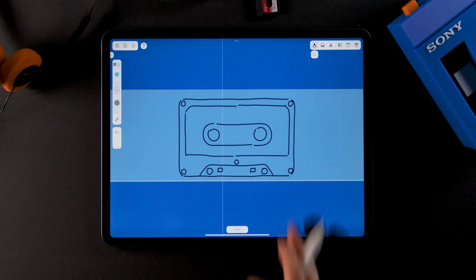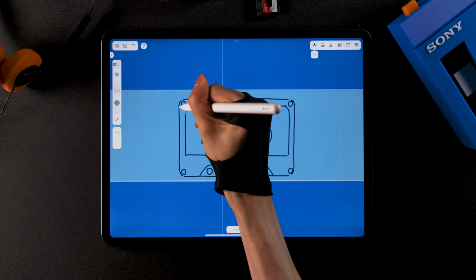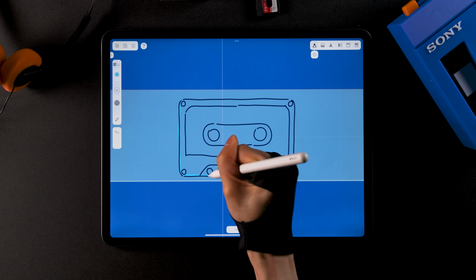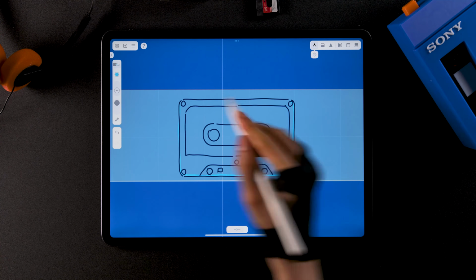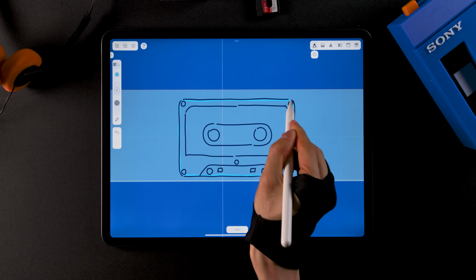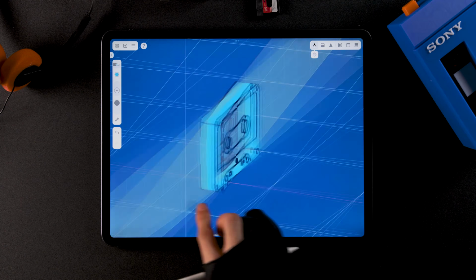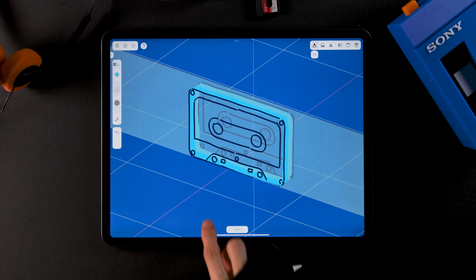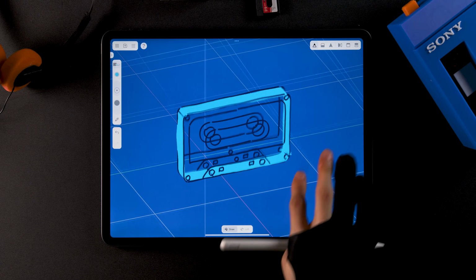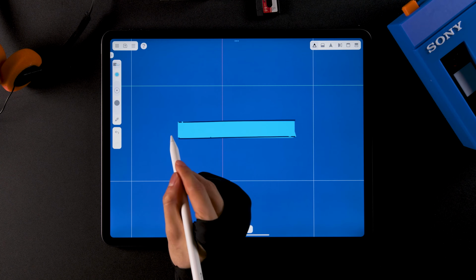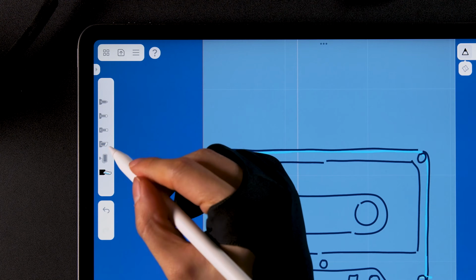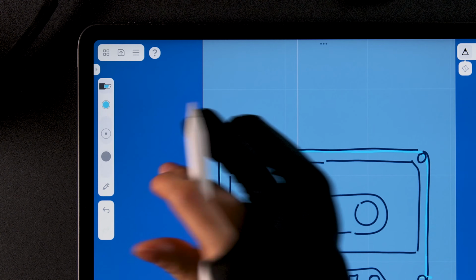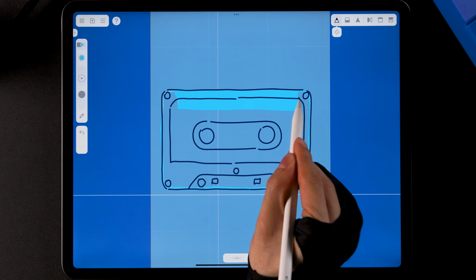Switch back to the front view and double tap. Trace the outline of the cassette tape. The ribbon brush is useful for drawing objects with thickness like this. Clear the 3D guide and redraw it from the top view, aligning it with the curves in front. Move to the front and switch to the flat brush, the one that looks like the highlighter. Paint the front face with it.